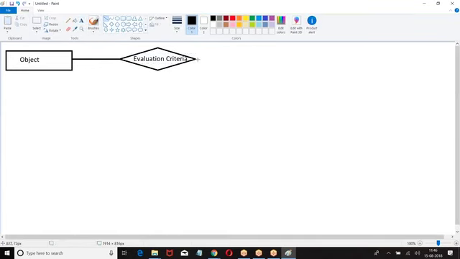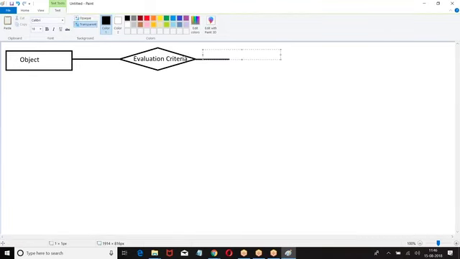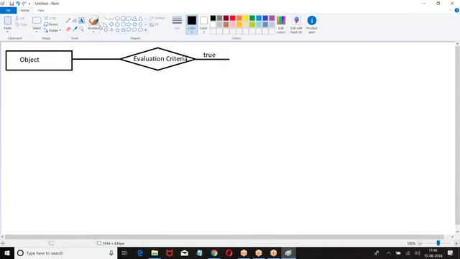When the evaluation criteria is true, check the condition. If this is true, then what are we supposed to do?